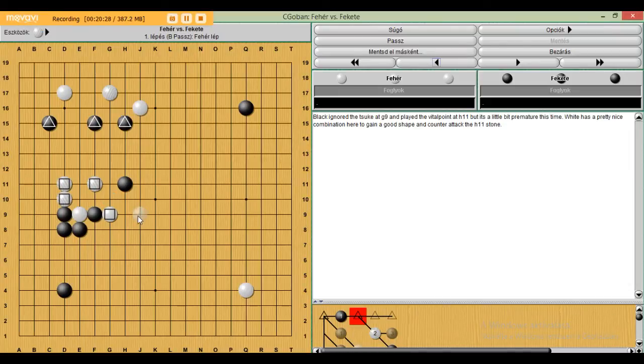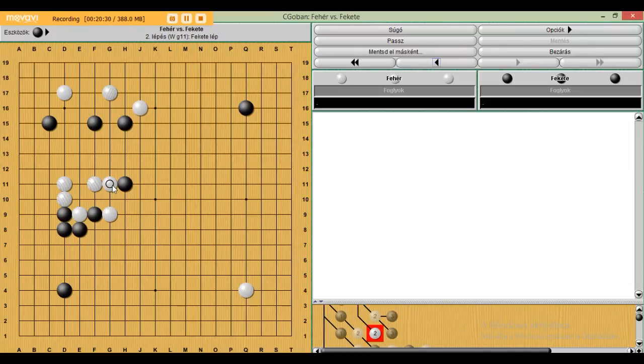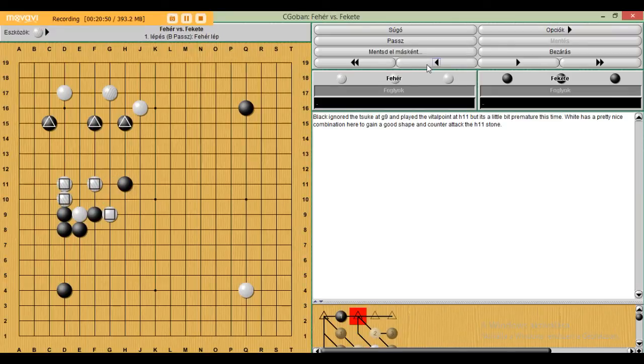Same goes, for example, this move, which can prevent the cut for a little time, but if black plays this vital point, we still need to connect, and this shape again is not so effective, and the black shape is getting better and better. So this time we need a better option in these moves, and we need to use somehow